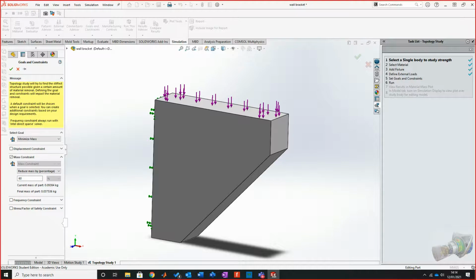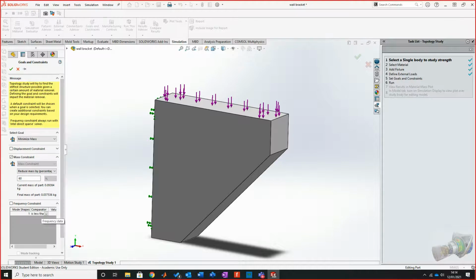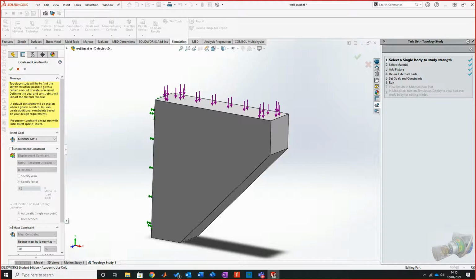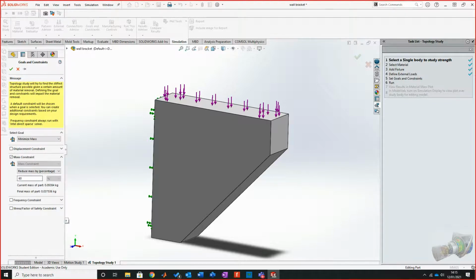With frequency constraint, you can say if there's any compromising of the component under certain states, then do it. Even displacement constraint, you can say don't allow it to move more than 10 millimeters or something like that. But for this, just because we're going to do the first run of this on the mass, if I hit run,